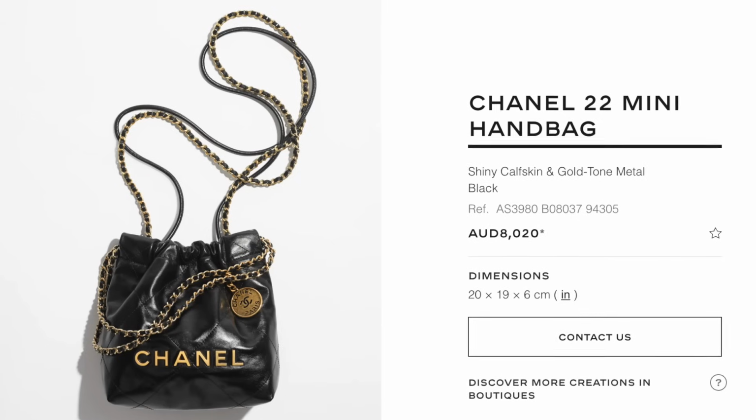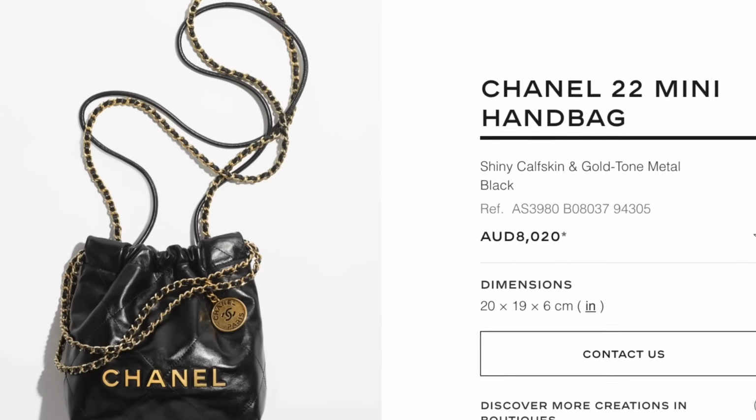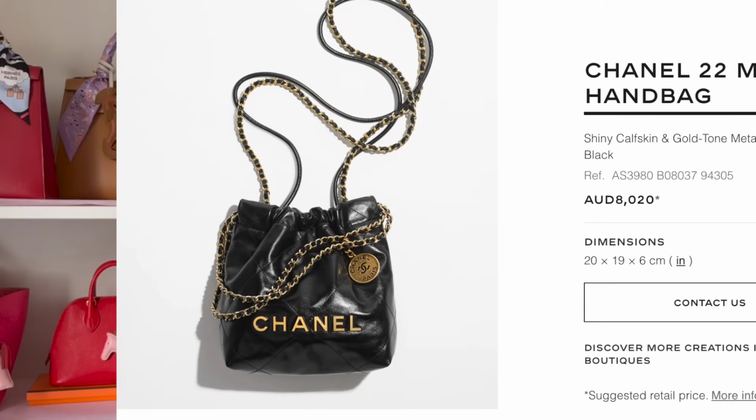The other day I tried on a Chanel Mini 22 for the first time because I haven't seen one in the flesh yet. I've definitely touched and felt the regular 22 bag, but I tried on the mini one, and honestly, I had no idea it was $8,000, guys. I felt it, and the leather to me didn't feel amazing. I do have, if I do say so myself, a really nice handbag collection, and I find that the leathers feel really good from Hermes. They have different finishes and beautiful stitching and really substantial hardware, and I don't know, comparing to Chanel,